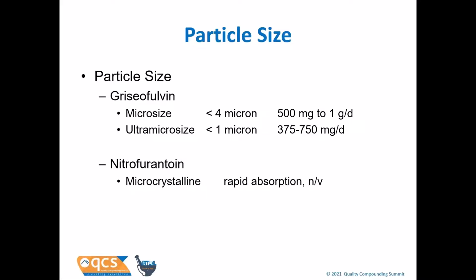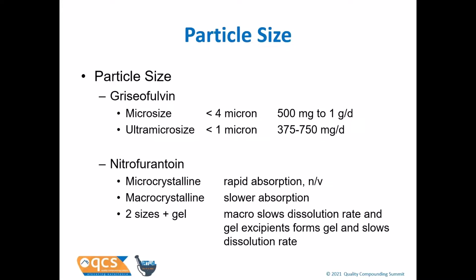The product nitrofurantoin, we used to have a lot of problem with it because it was very rapidly dissolved and absorbed, and it would cause nausea and vomiting. So what did the company do? They made a macrocrystalline form of nitrofurantoin called Macrodantin. This would slow down the dissolution and slow down the absorption rate of the drug. And this worked out very good. However, they didn't stop here.